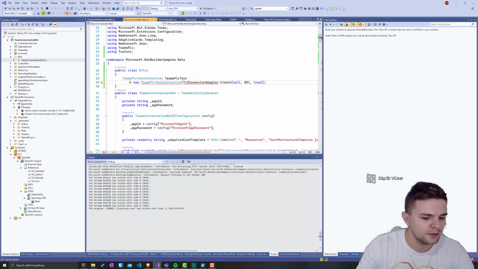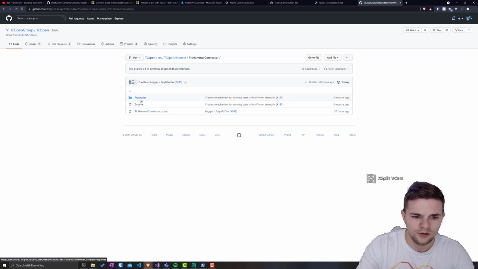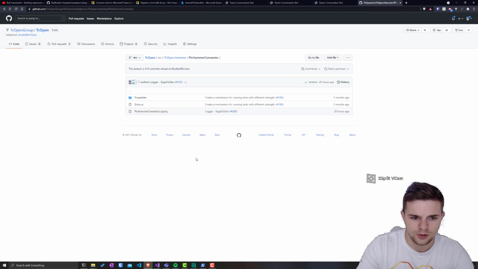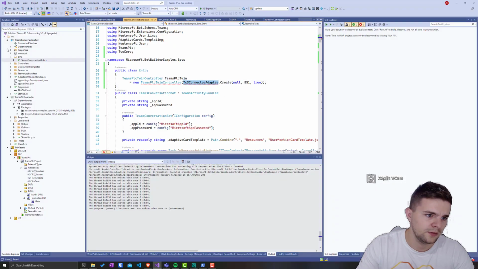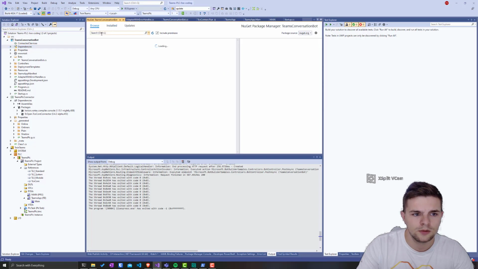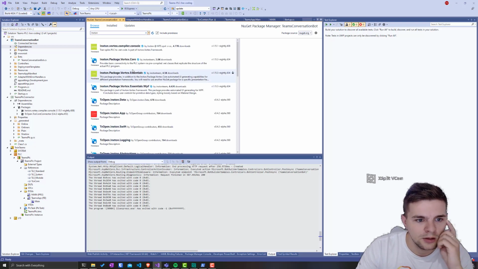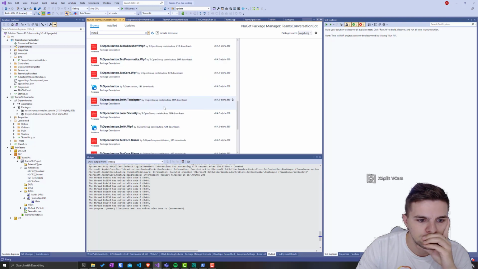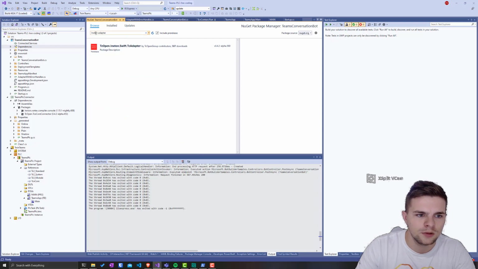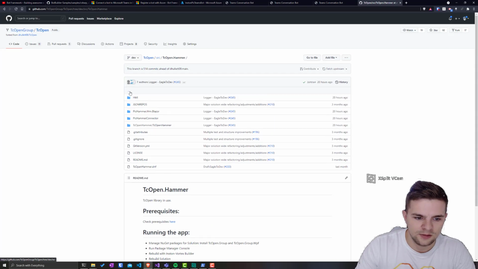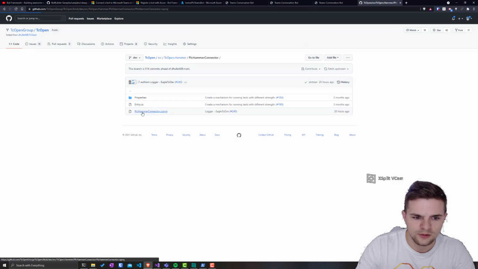But I don't remember the name of the reference. It's in TC open group. Okay, I just use NuGet. I know that we did it, and it will be like adapter, no, like DC3 adapter, no. Okay, I don't remember the exact dependency. It has to be somewhere. Why is it not here? Entry